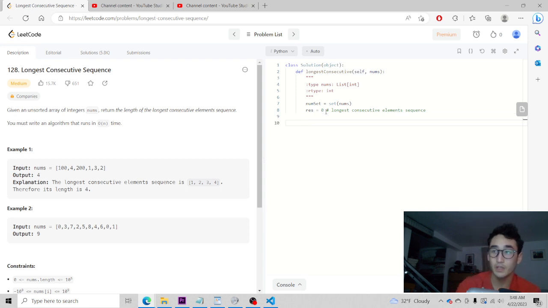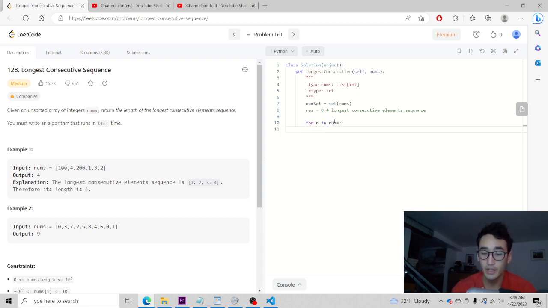But what we'll do is, I think we can still loop through every variable in this nums array, and then check it against this numset to see if it exists already. So we're only looping through one time, basically.